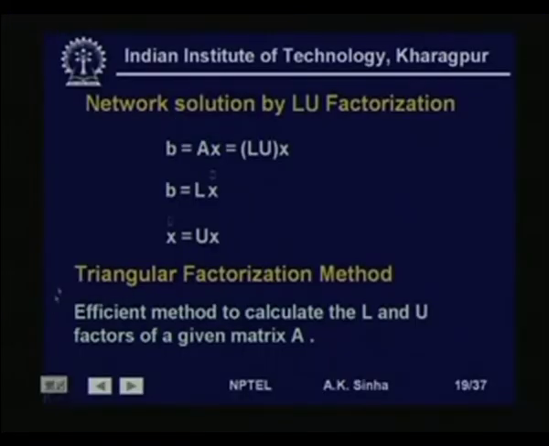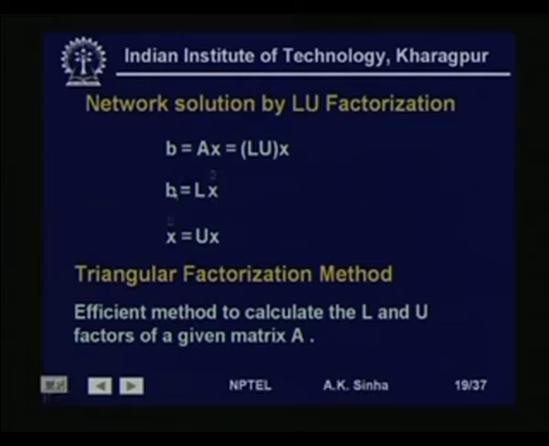So, let us say we have a set of equations b = Ax. Now, this A matrix is an n by n matrix, it can be B dash, it can be B double dash, it can be the Jacobian matrix, whatever it is, and it can be written as a product of two matrices L and U, where L is the lower triangular matrix and U is the upper triangular matrix. So, we have Ax = LUx. This we can write